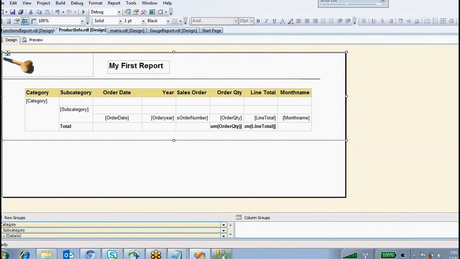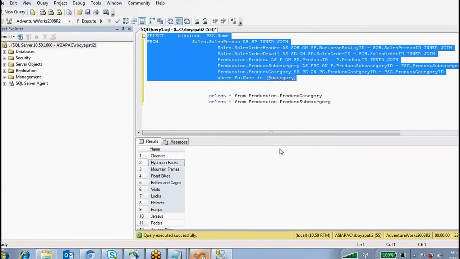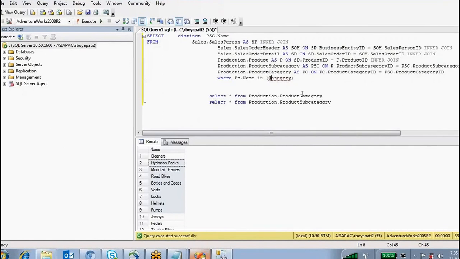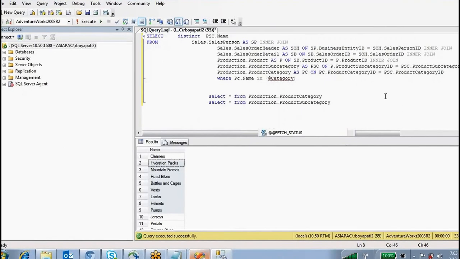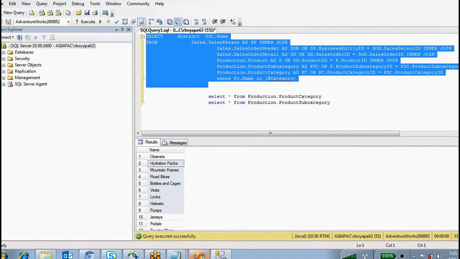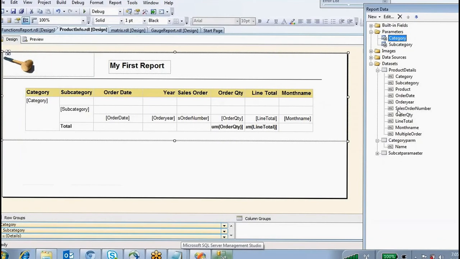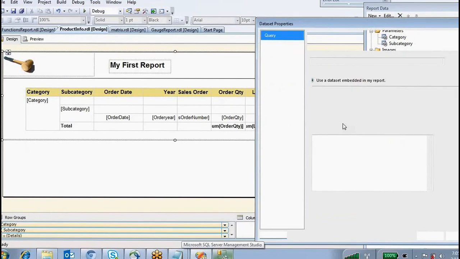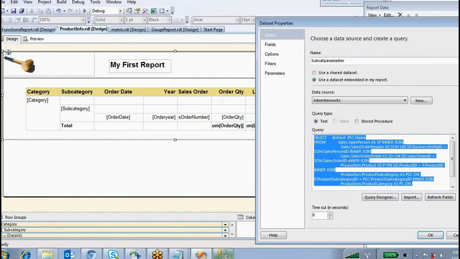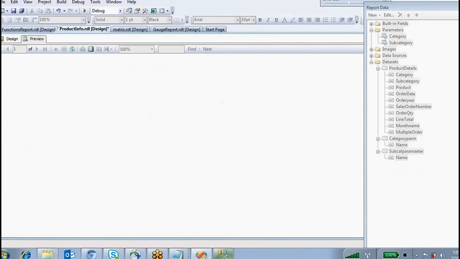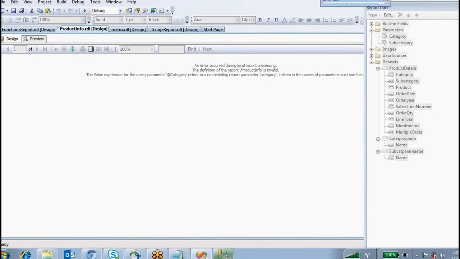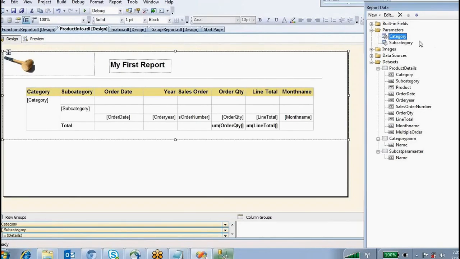So I think we have written the wrong case. We'll see what exactly.